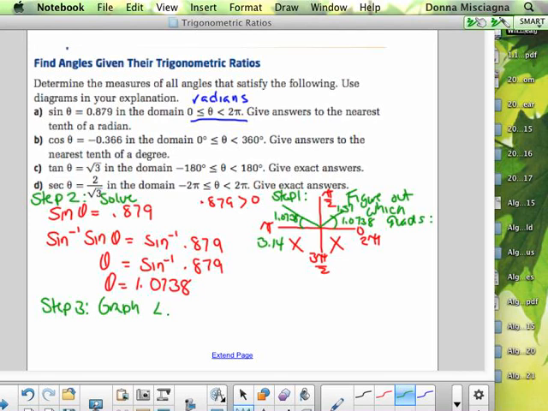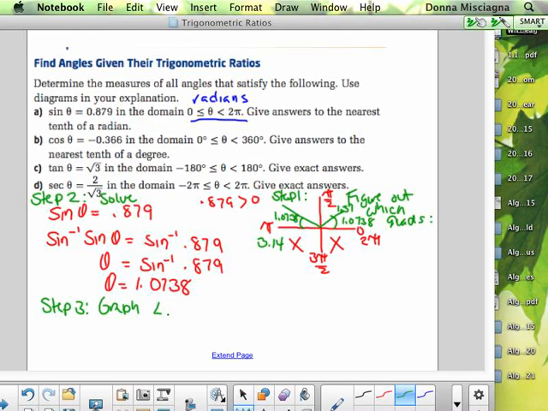1.0738, right? So remember, we use reference angles to evaluate trig ratios. It's not the actual measure of the angle. It's the measure of the angle we can use to evaluate with, right? Everything about it is the same except for the signs can be different. In this case, though, we purposely made sure we chose the other quadrant where sine would be positive. All right, so that's the measure of the reference angle,